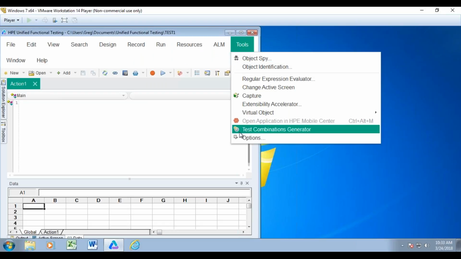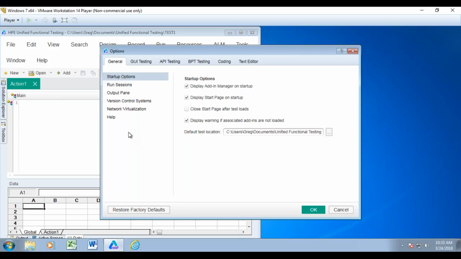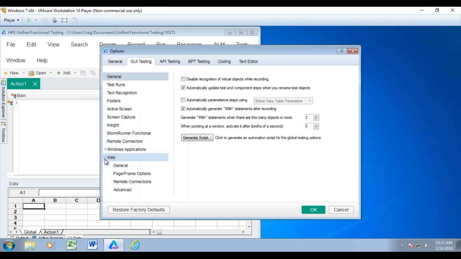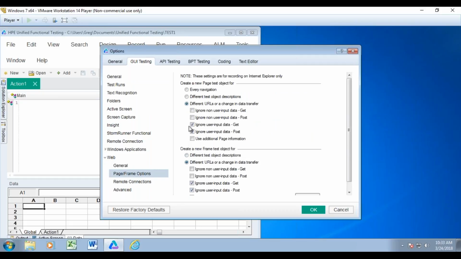All right, so now we're going to go to Tools, Options again, back to the GUI Testing tab. Everyone expand Web, Page Frame Options, and we're going to select different test object descriptions: the second radio button in the first section, and the first radio button in the second section. Next, we are going to click on